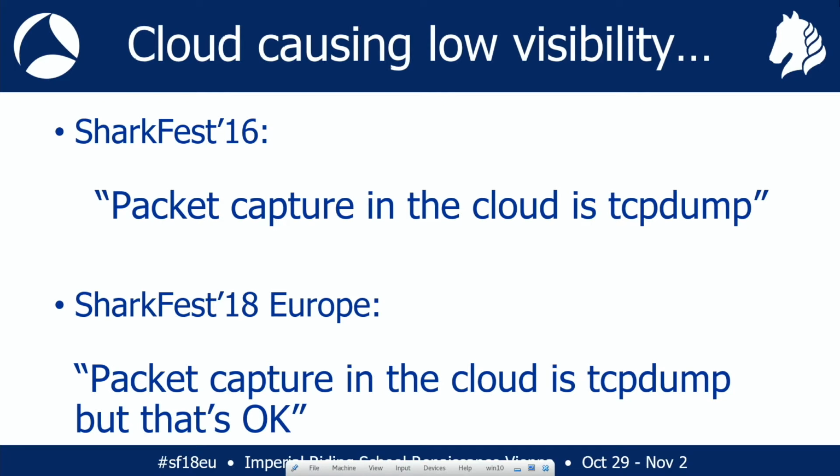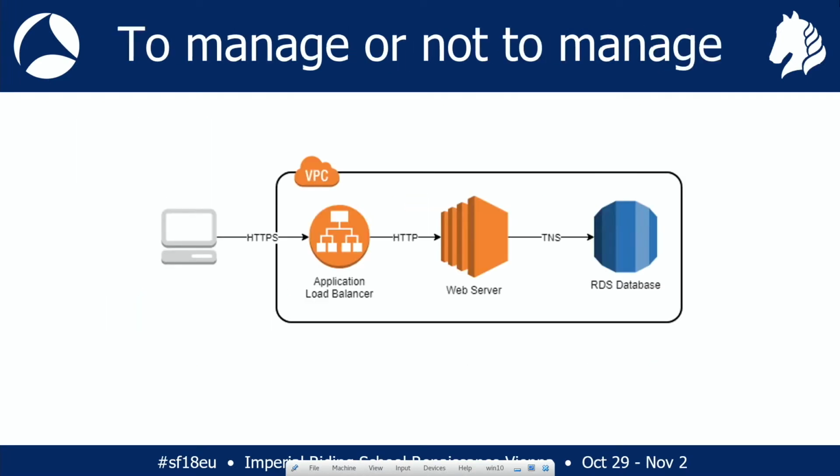If you think about moving to the cloud, this is a picture of a very simple cloud-based application. You've got a client on the left-hand side. It's using an application load balancer, and it's got a web server in the middle, and a managed database on the right-hand side. Three very simple components that pretty much every application is going to have. Your ALB, your first component, you don't manage. That's an Amazon thing. You're never going to get visibility of that. Can't get packets there. The backend database, again, is managed by Amazon. You're not going to get packets there either.